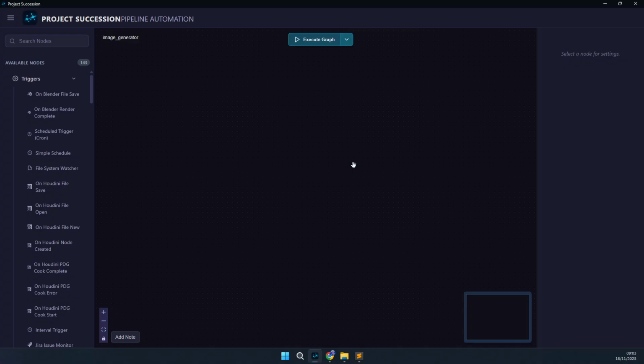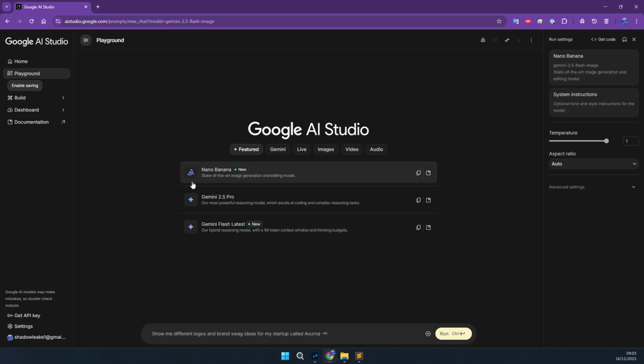For today, we will make an image generator, or not only an image generator, but actually a game sprite generator. We use nanobanana from Google for the actual image generation, and we can then process the generated image further to make it usable sprites. The very first thing we want to do is go on to nanobanana